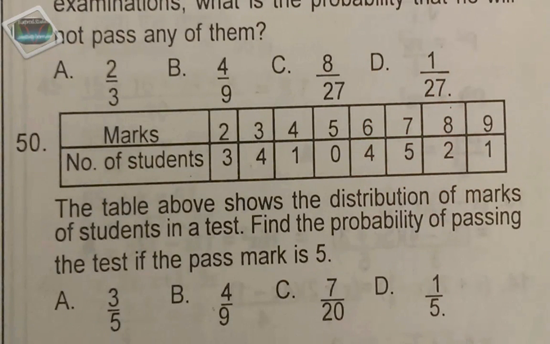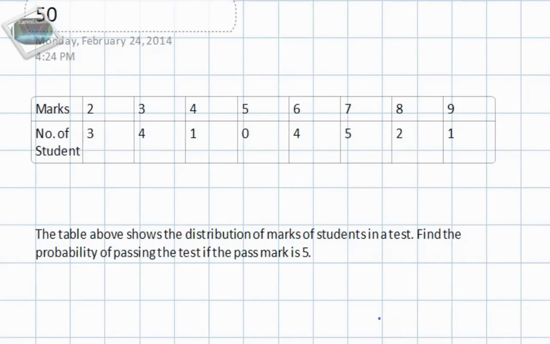So here we have question 50, and it gives us a table with some marks and the number of students that achieved each one. So the table above shows the distribution of marks of students in a test. Find the probability of passing the test if the pass mark is 5. So what we're going to do is first set off the cutoff point. Okay, so the pass mark is 5. So the students passing the test are these ones. Okay, so here we have 4, 5, 2, and 1 student that were able to pass the test. So we're going to add those up. And 4 plus 5 is 9, plus 2 is 11, plus 1 is 12. So 12